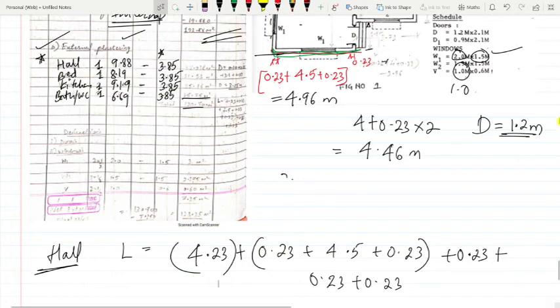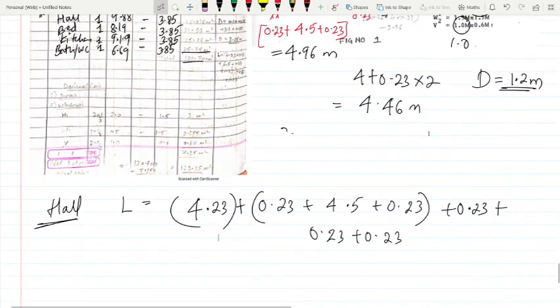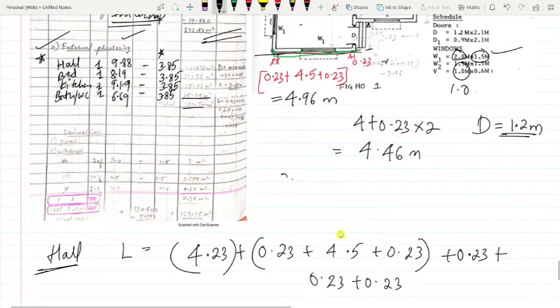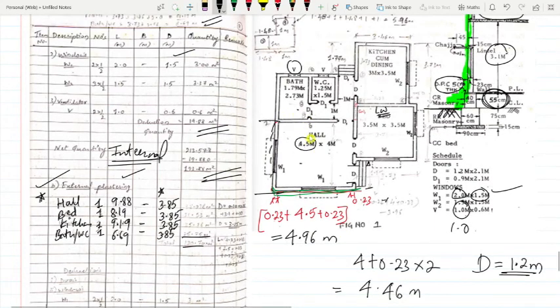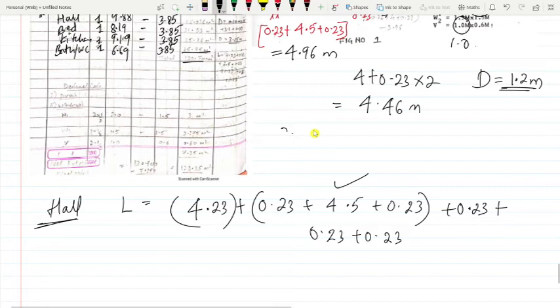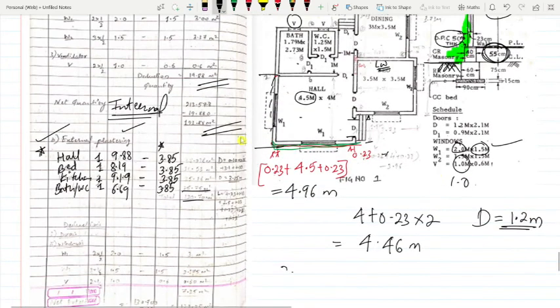Okay, we'll see that. See, Siraj, hello. 4.5 meter we have as the width here. This is the hall width, 4.5. You're able to hear me, no? Yeah. See, 4.5 meters is the width of the hall, and two wall thicknesses you have to add, because you have to get this end portion here. And one more 4 meters plus 0.23.